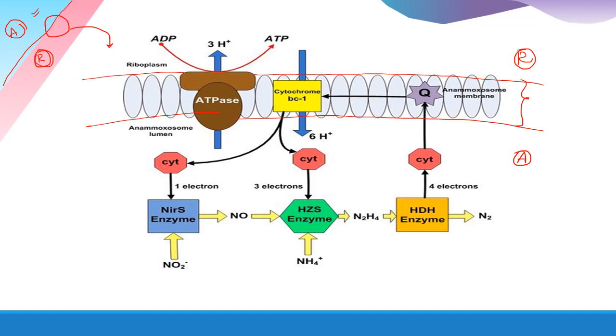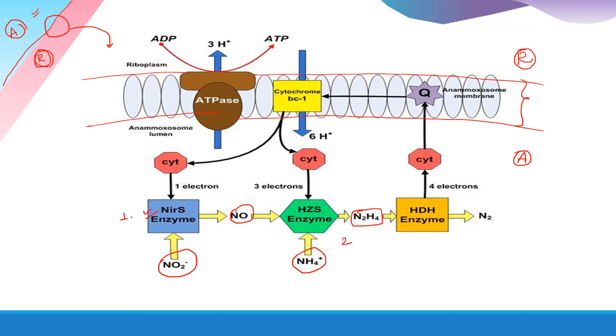If we see the metabolism process, in the first step there is a reduction of nitrite into nitric oxide. The enzyme involved is nitrite reductase. After that, the ammonium ion is combined with the nitric oxide